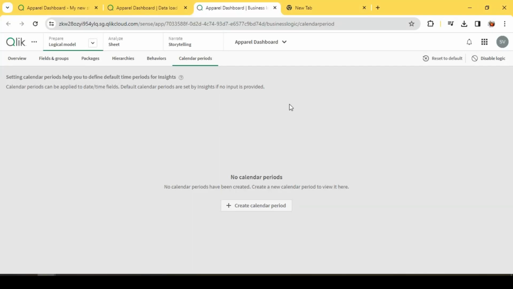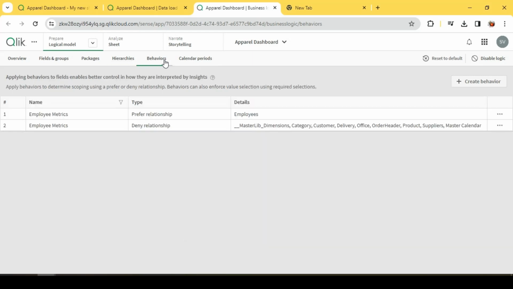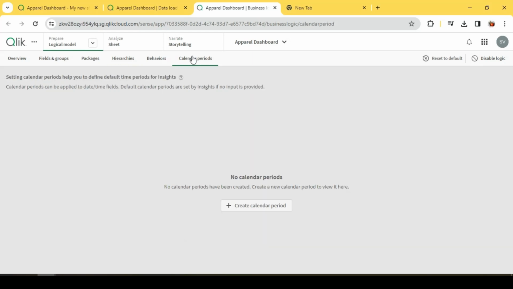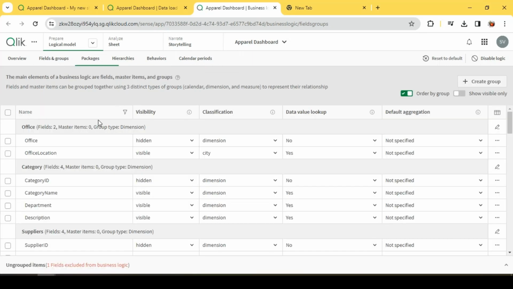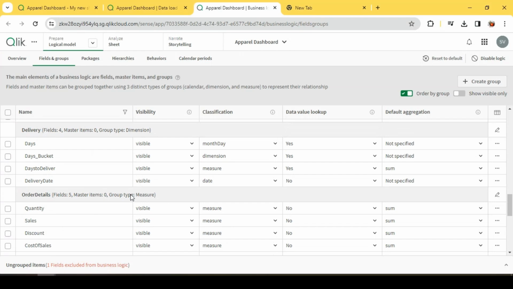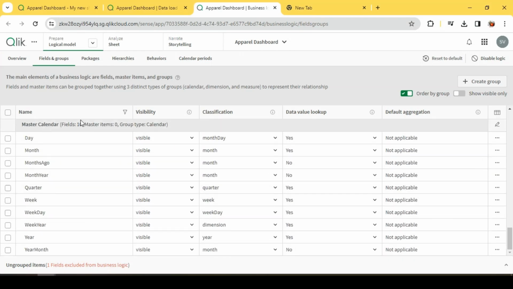Hey guys, in our last video we explored fields and groups, packages, hierarchies, and even behaviors, right? So today we will explore calendar periods. Before we start with calendar period, let's make sure of a few options. Let's make sure we have a master calendar in the field group, and then to support this analysis,